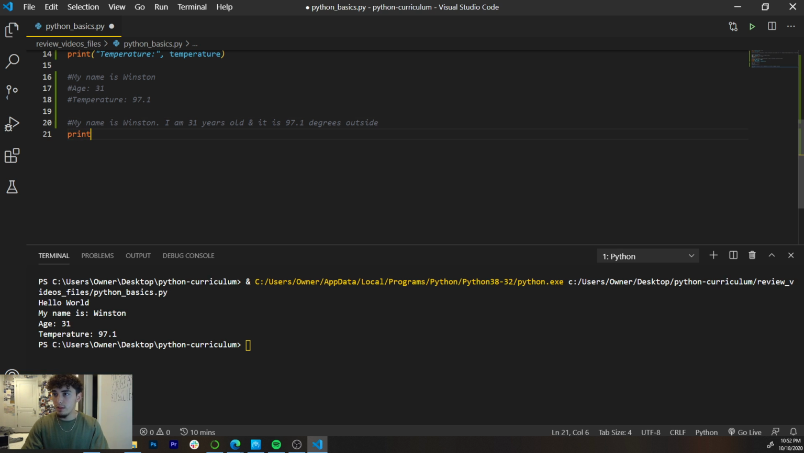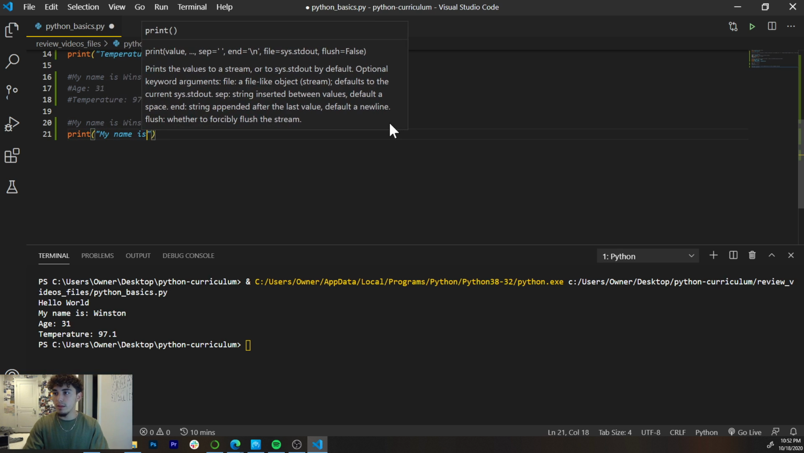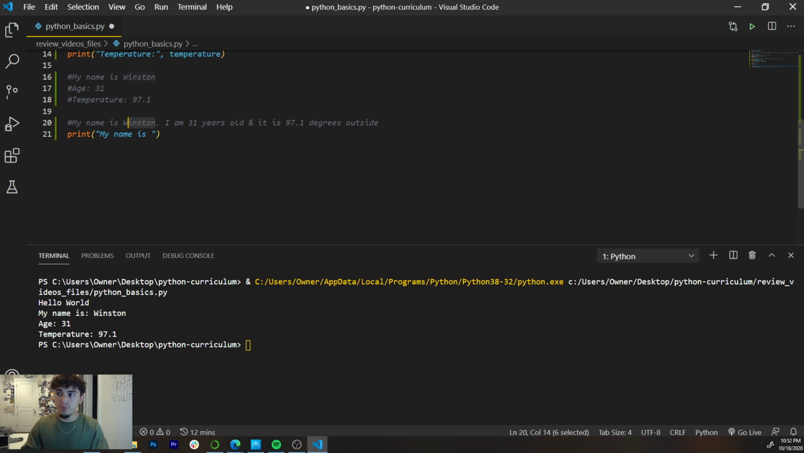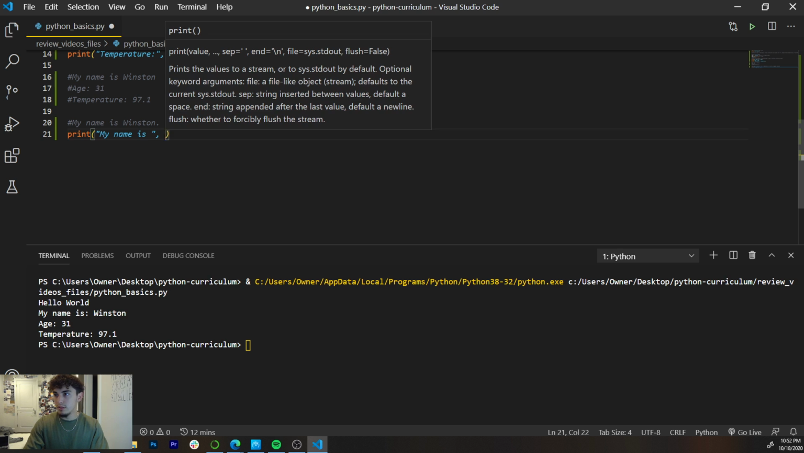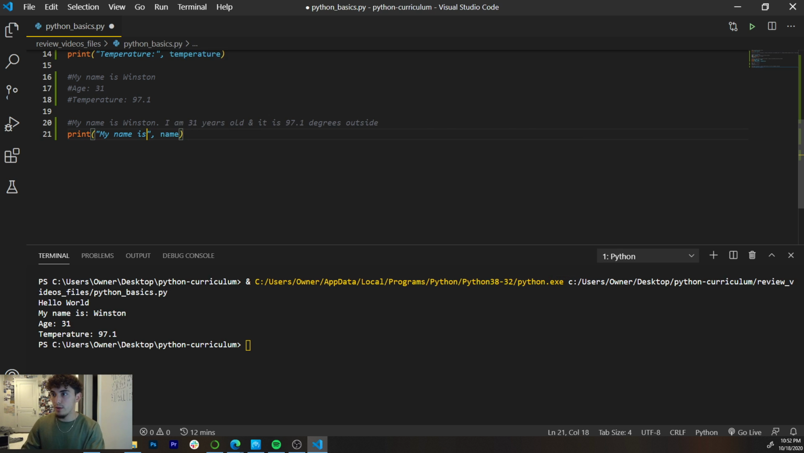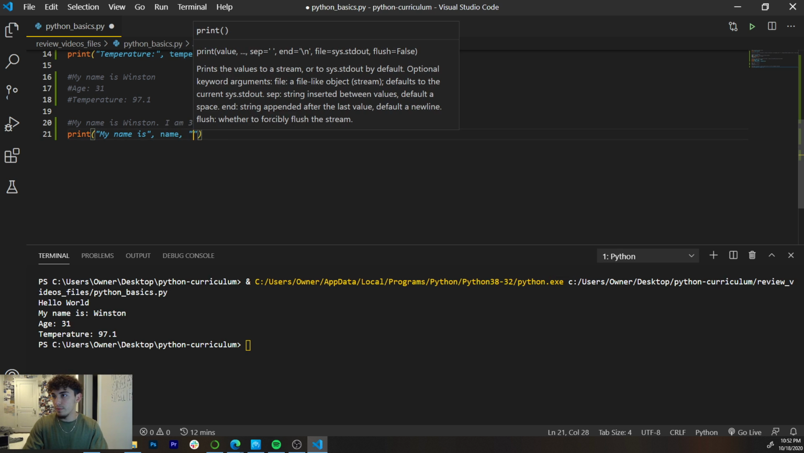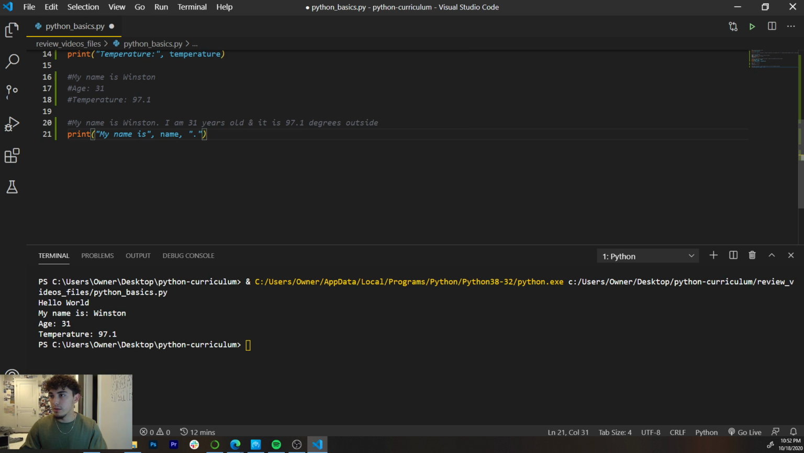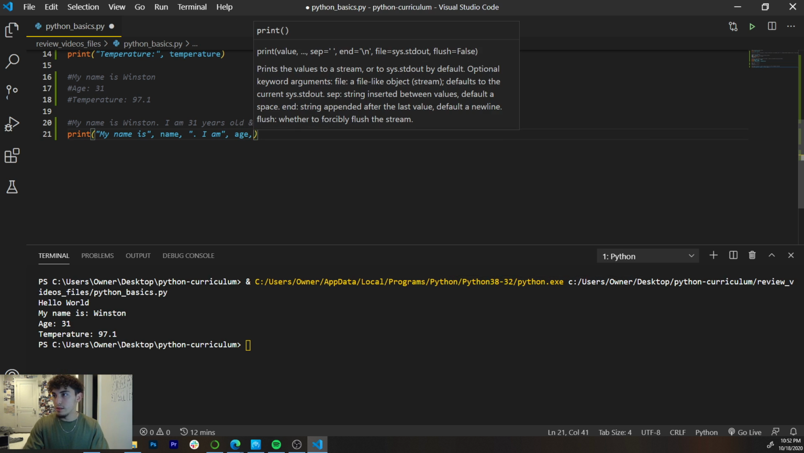So to do this, all I would do is print my name is, and then I don't want to write Winston because I have a variable that has the value of Winston, so I will separate that with name. So now we should have my name is Winston. We're going to separate it at our period because there's a period right here. My name is Winston, and it should be I am, and then now we need to use our age variable, separate that with a comma,